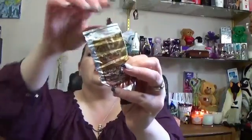Next I have a Body Shop hand lotion. I can honestly not get any more out of it. The packaging is ripping and gross, and this was the almond hand and nail cream. I like the smell of it. It does nothing for my skin. Nothing. I used it up because I bought it, but I would not repurchase this. And Body Shop products are good. I love the body butters. I'll never go without body butters, but this, not for me. It smelled good, like I said, but